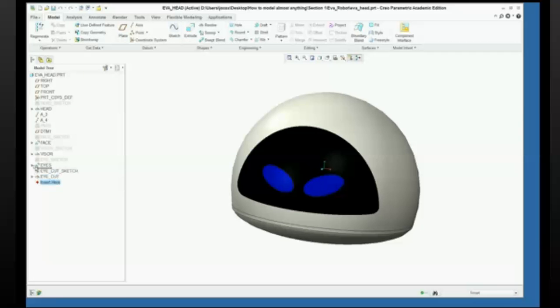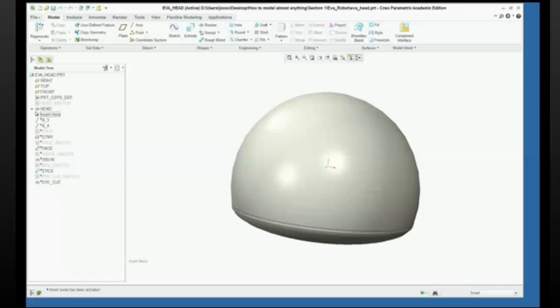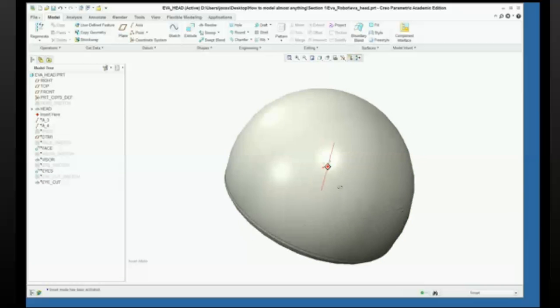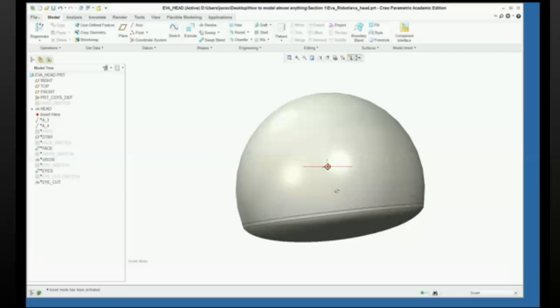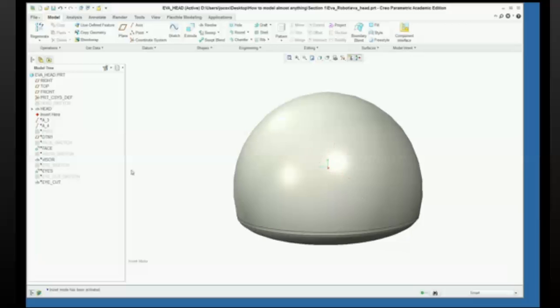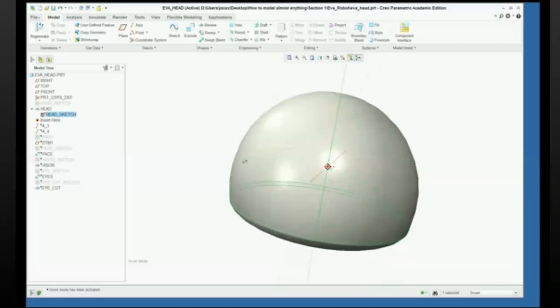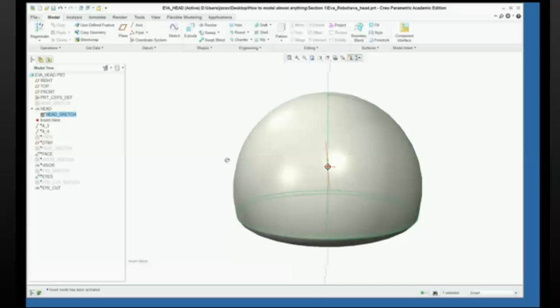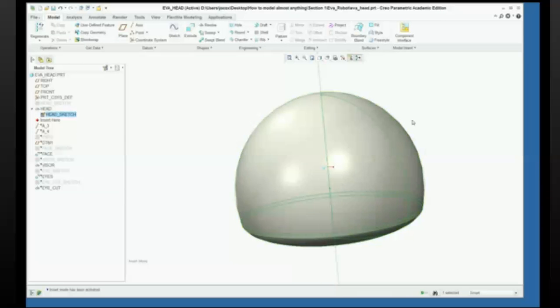So I'm going to take that red arrow and I'm going to bring it back up to the top, and you'll notice the first feature is just a sketch that's been revolved. So I can click on that head sketch and you'll see I have kind of this green sketch, and I revolved it 360 degrees to make the head. After that,